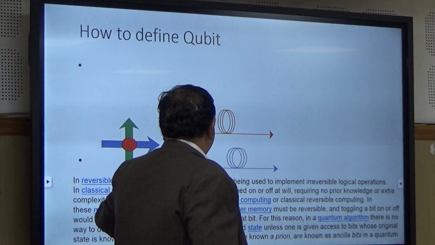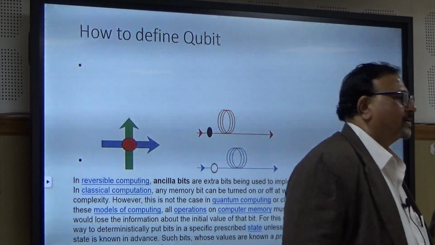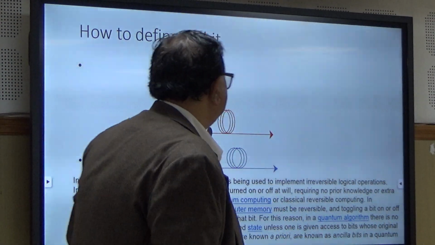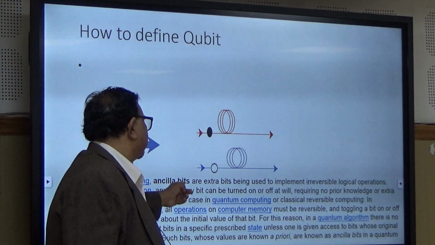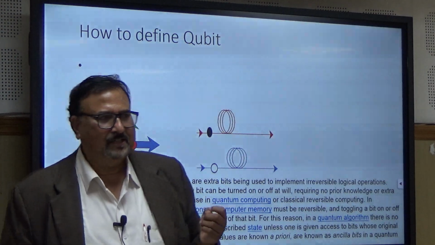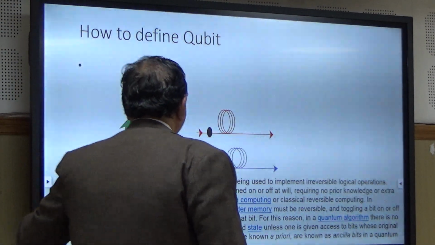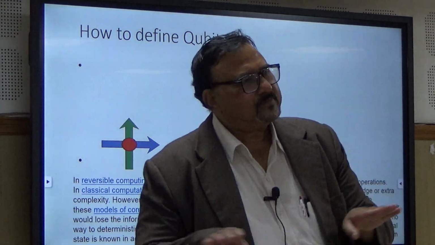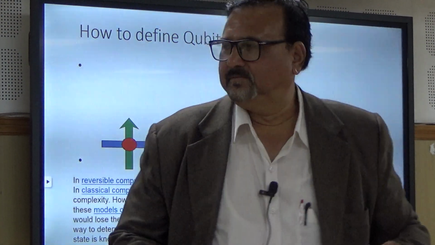Now when the qubit system is applicable in reversible computing, the ancillary bits are extra bits. The reason is that when we are talking about this qubit to work for you in a computer, you need additional bits that are known as ancillary bits. What are these ancillary bits? I will tell you. You know when the light is propagating through the system, there is a possibility they can interfere with each other. And in order